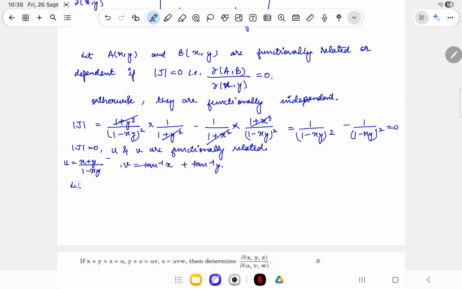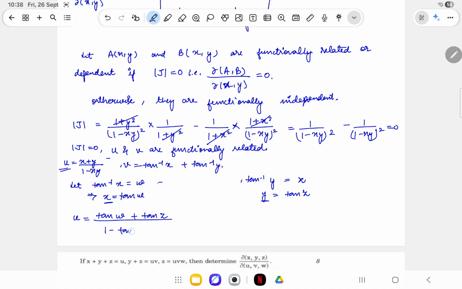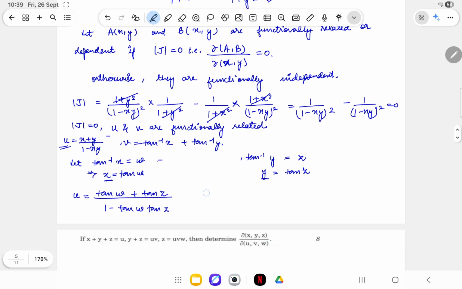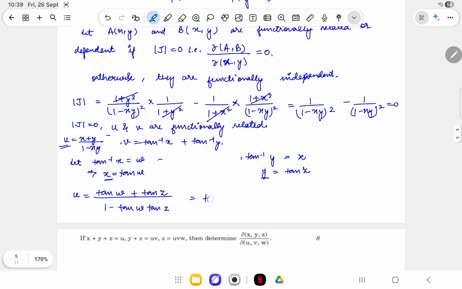For convenience, let us assume that tan⁻¹x is equal to w and tan⁻¹y is equal to z. So this basically gives me x equals tan w, and y equals tan z. If I plug these values of x and y into u, that will give me u equals (tan w + tan z)/(1 − tan w tan z). And if you observe that, this is basically the formula of tan of (w + z),